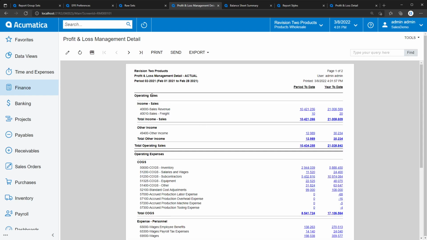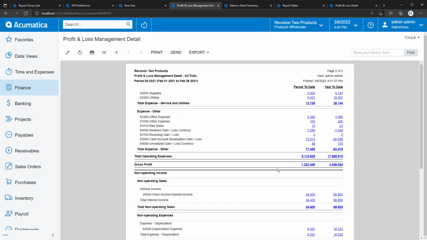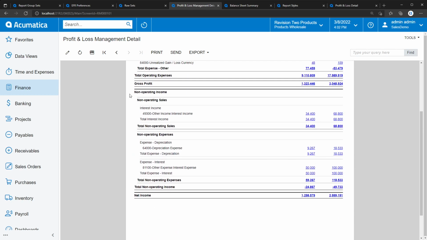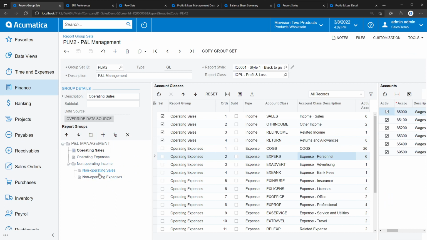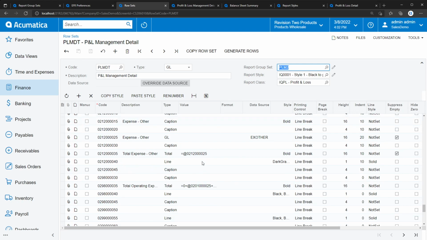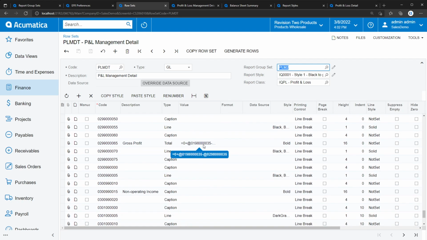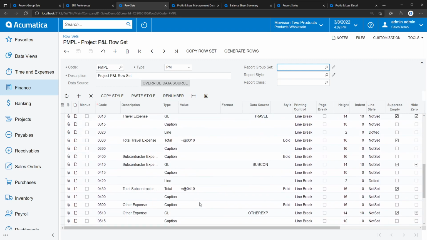And now we have operating sales, followed by operating expenses, followed by gross profit as a subtotal, and then non-operating income in 2 levels, and then net income. So as you can see, it's quite flexible, and just the way you group things is how it adds everything together and automatically figures out what needs to be added and subtracted, as opposed to figuring out these formulas by yourself. So for example, this is the gross profit formula, and then at the very end there is the